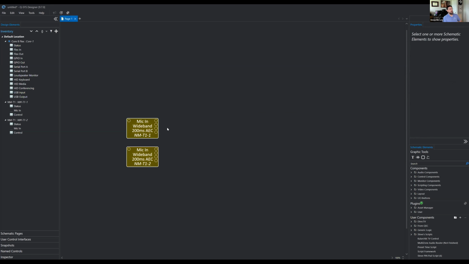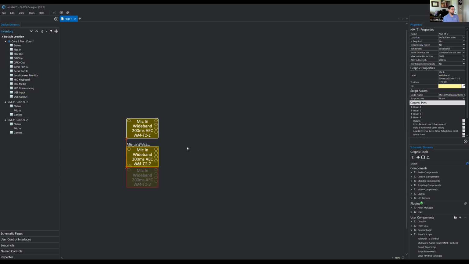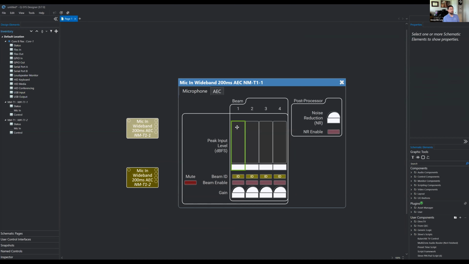All right, so one of the other things that I do want to show with the microphone: the microphone has an AEC block built into it. So you have your 4 incoming beams, if you will. These are the quadrants of the microphone. You have the ability to ID them. When you hit the ID button, that little quadrant of the ring will start to blink, so you know the orientation of the microphone relative to these 4 beams. You can enable and disable beams. This is very helpful if you have a mic at the end of a table, or if you have it somewhere,